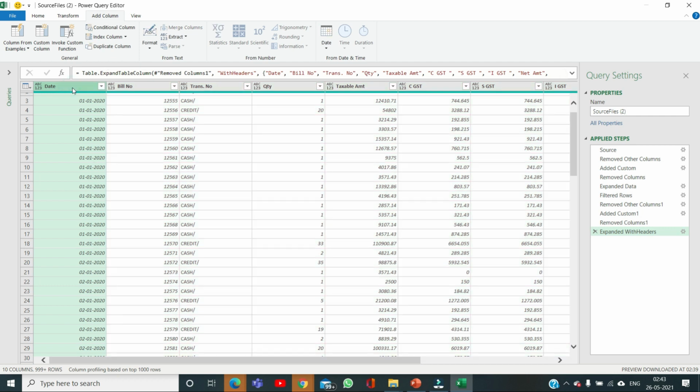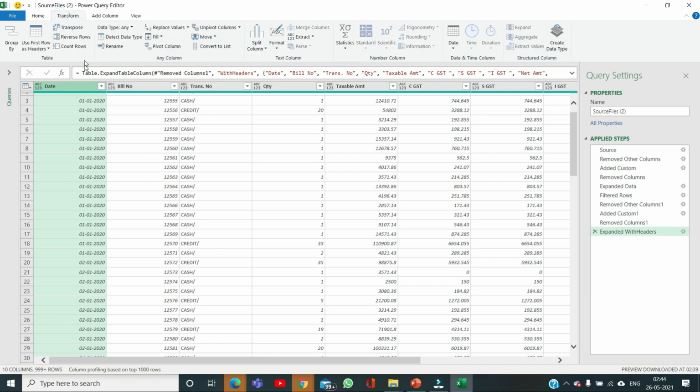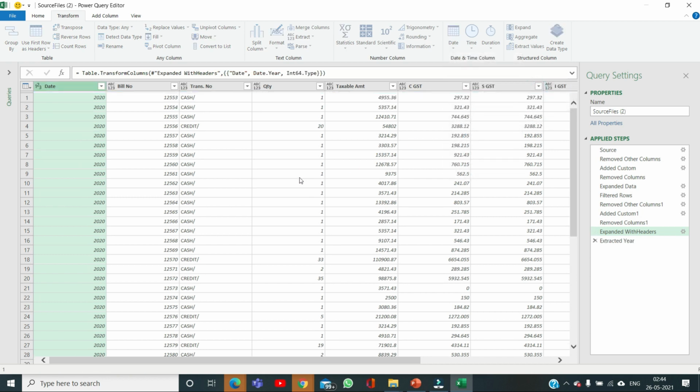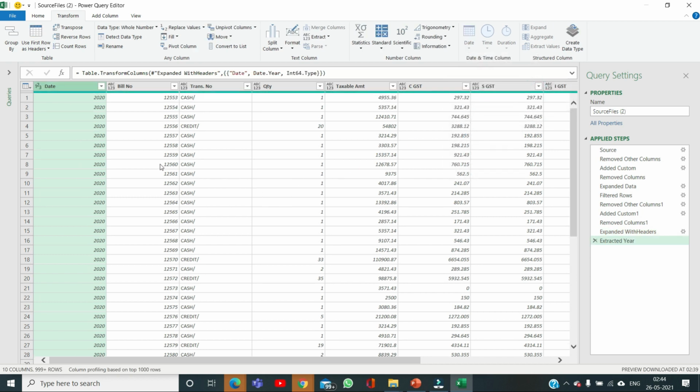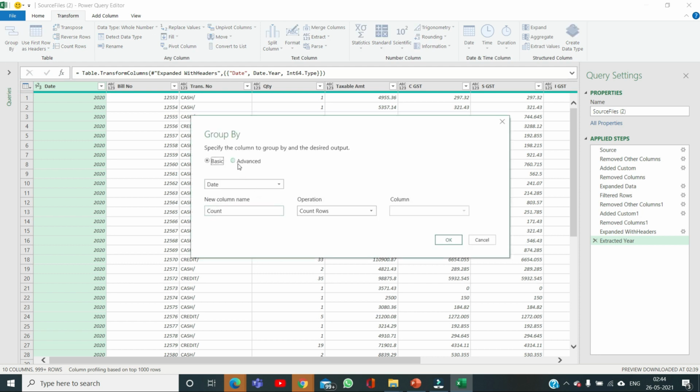I am just performing the same operation that I performed earlier in the other method. I am changing the date to a year. To do that, I am extracting the year, and I am doing it a little fast so that the video should not be a long one. And I am grouping the same way as I did earlier, on the basis of date year and good quantity.